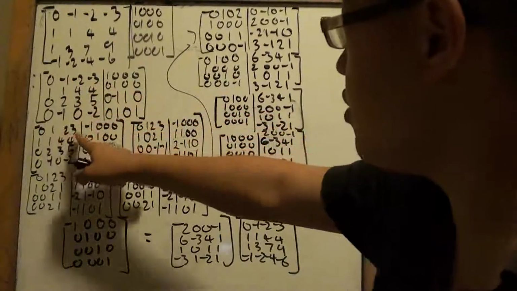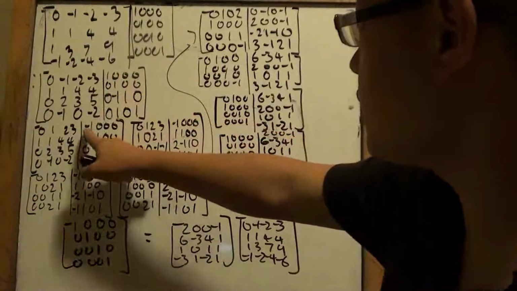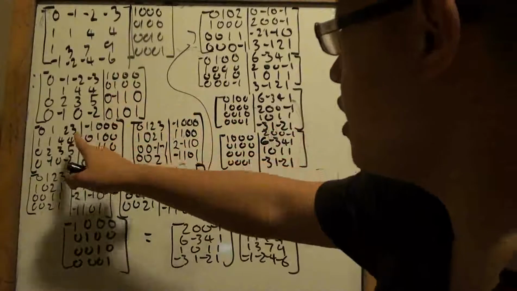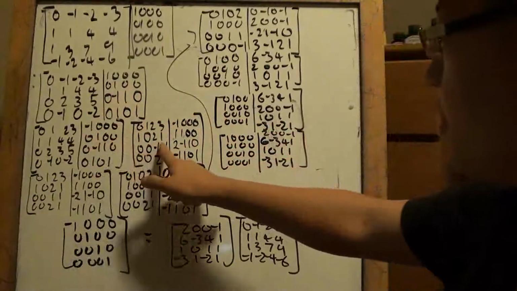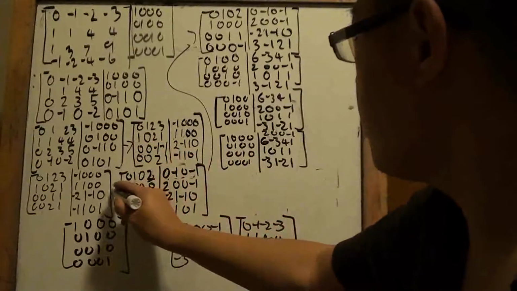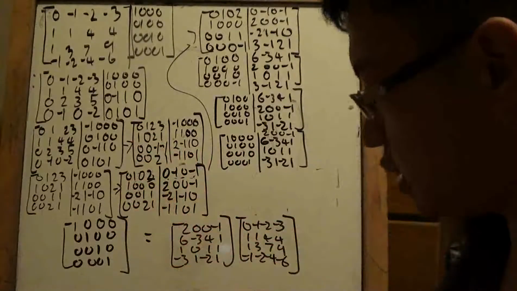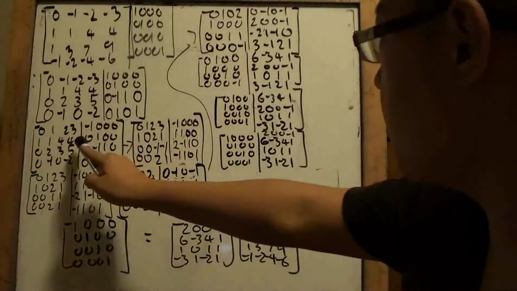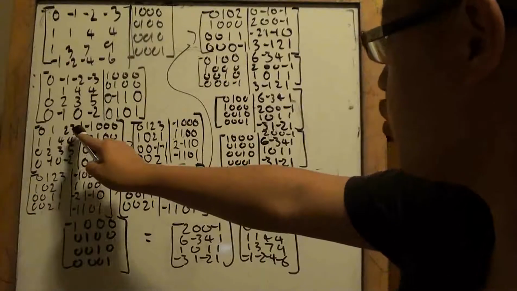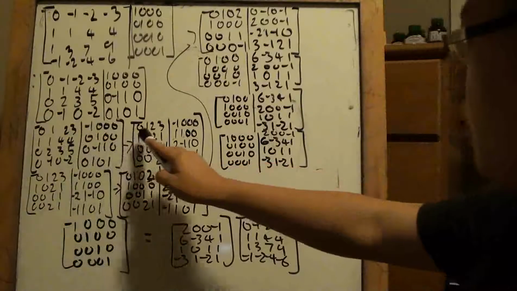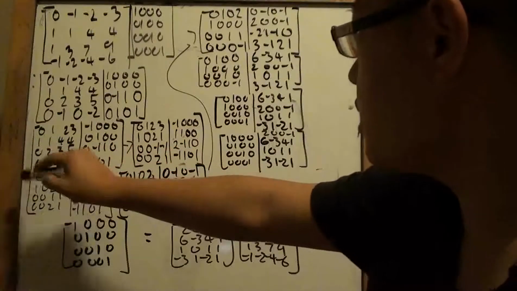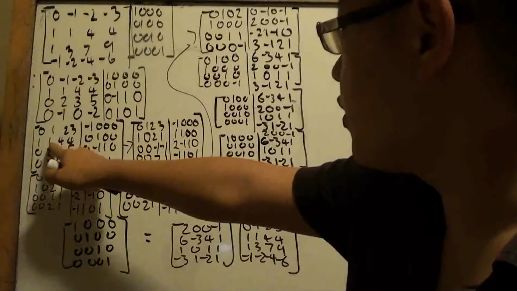So you have 1, 2, 3, and the 1,000 just becomes -1,000, right? Well, not 1,000, but you know what I mean. -1, 0, 0, 0, right? So after that, we're going this way. Who cares? This looks like chaos anyway. So after I do the first row times -1, what we're now going to do is use this to get rid of all the other competitors. So for the second row,